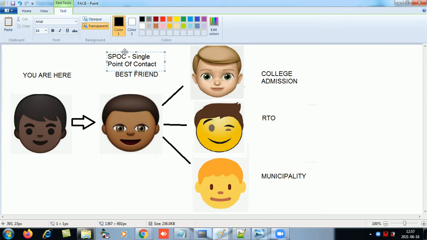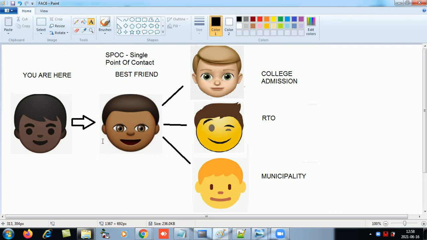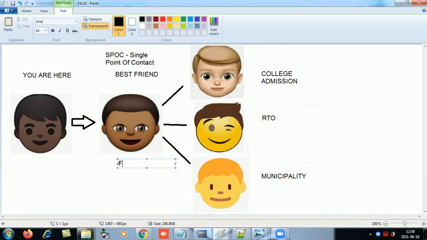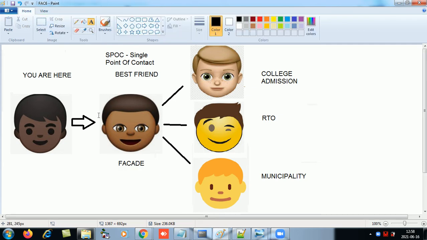So whatever issues we have, we will just call one person. And the inner complexities, now taking admission in a college, there are many formalities, many complexities, that the friend will take care of. You don't have to take care of it, you just have to contact your friend, and then he will do the needful for you. Similarly, this is a way in which a facade works. You can think of this friend as a facade, that your face to all these subsystems is your friend. So you just have to contact one person, single point of contact, right?